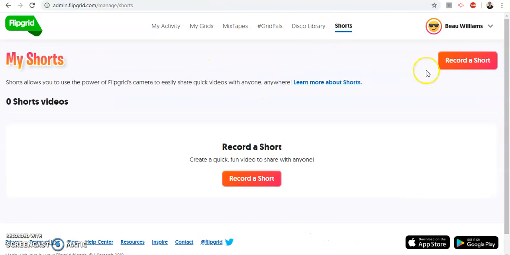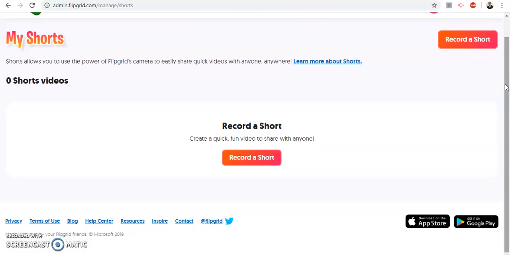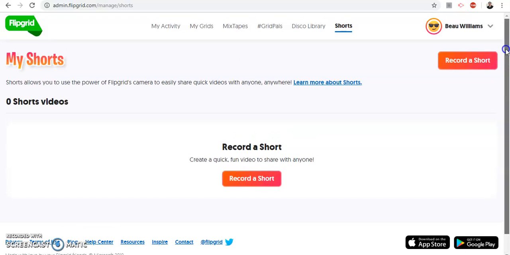Finally, there's something new called Shorts. And shorts are a way that educators can use all of the Flipgrid features like adding emojis and filters to record a short video that may be shared outside of the Flipgrid experience. So this might be something that you might want to post on a website or send to teachers or to send to parents. This is just another way to use those tools without having to worry about or create a grid and set up a classroom and all of those